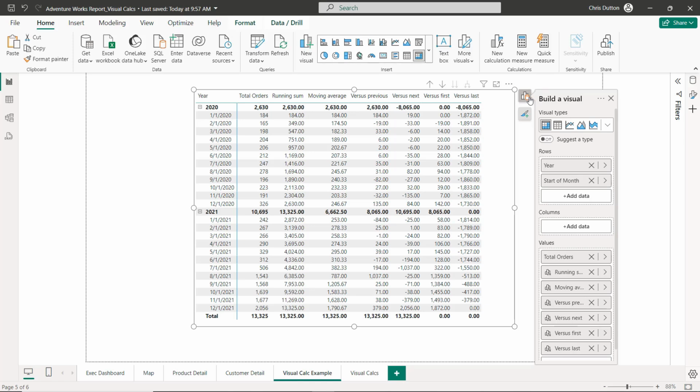So take a look at this matrix here where we're showing total orders by month and by year, and we've got some additional calculated fields like a running sum, moving average, and some comparisons between time periods. Now you might notice that these feel really similar to things like table calcs in Tableau or pivot table value calculations in Excel. But these are examples of Power BI's new visual calculations, which are indicated by the icons that